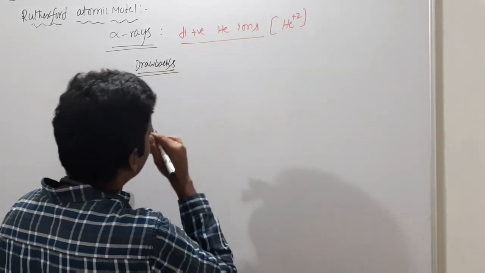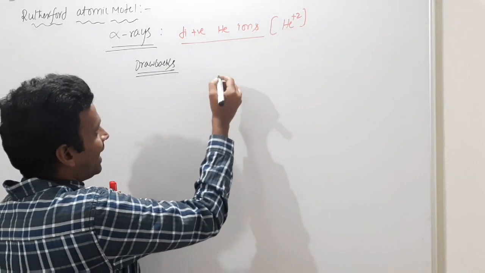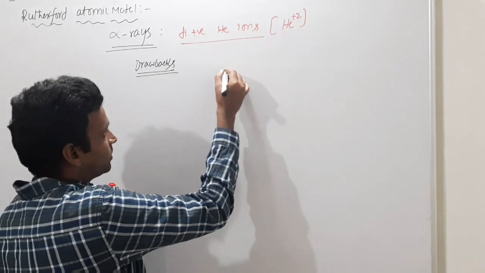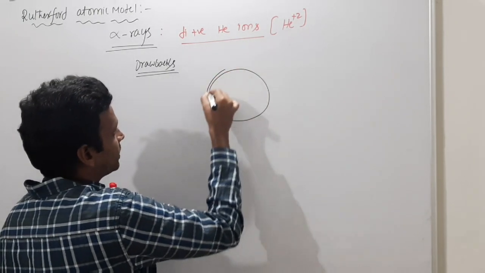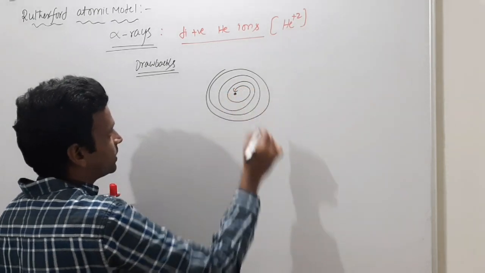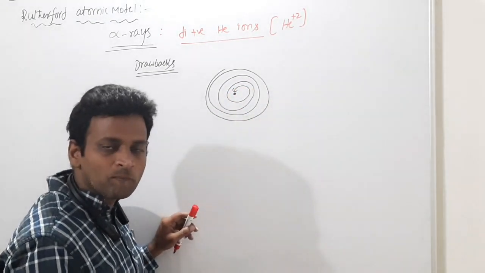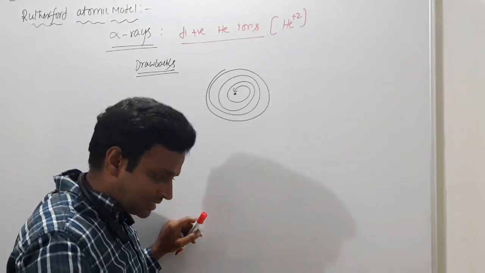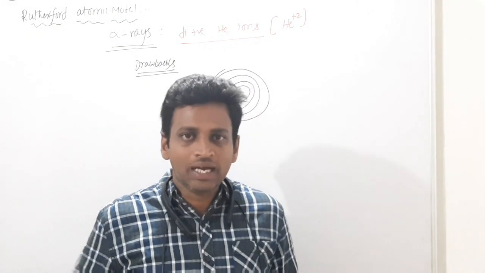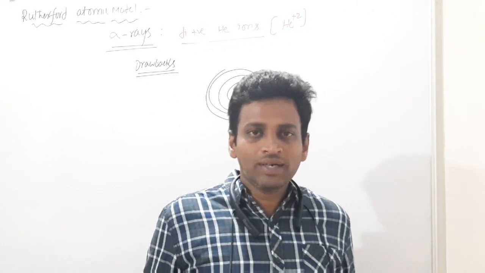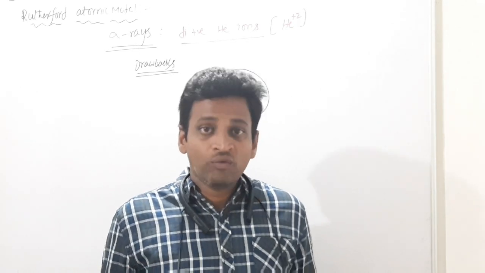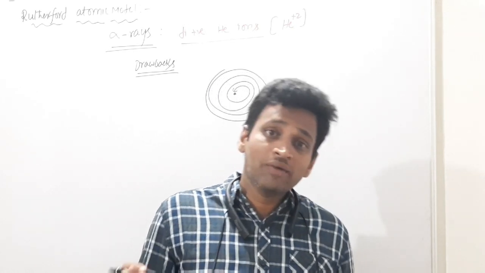What are the drawbacks? Mainly, as we know, neutrality. The atom is highly stable, but if the electron is revolving in a spherical manner like this, the electron would have to collapse into the nucleus. Any moving body, like me, is doing some work. So what will happen? Energy is lost continuously. Certainly after some time, when my energy becomes zero, I will fall down.